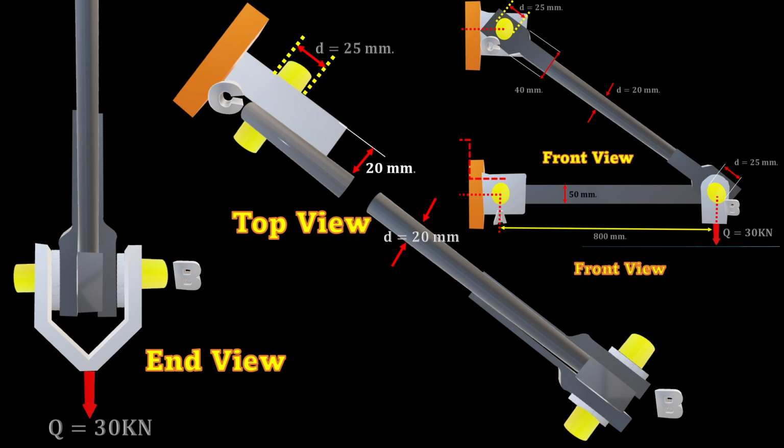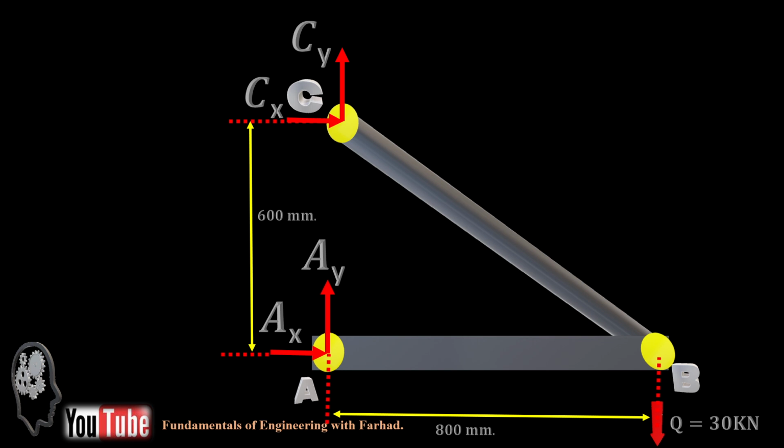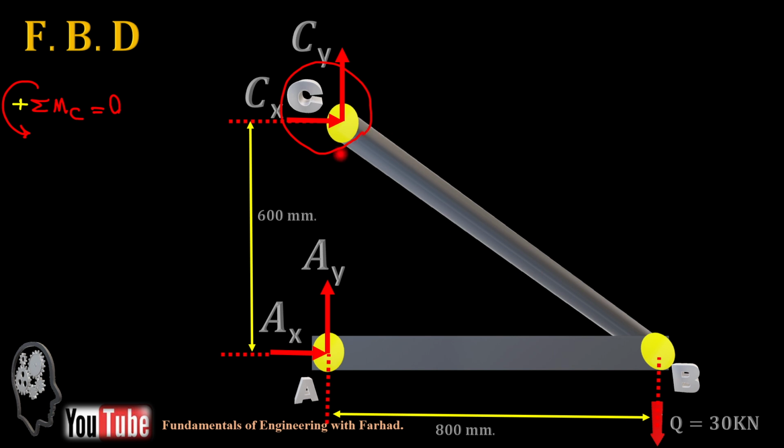So the first thing to do is draw a clear and accurate free body diagram for our geometry. So this is A, this is B, this is C. This is the 30 kilonewton load applied at B. We have AX, AY, CX, CY, and by developing the summation of moments about point C, pin C goes to 0, it just says AX